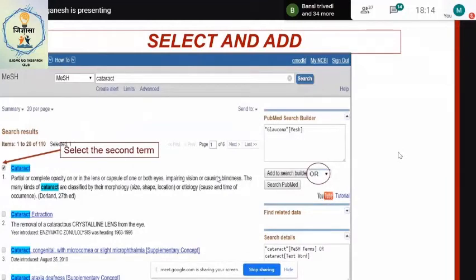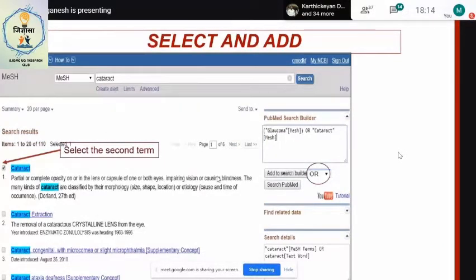This is why I emphasize always do your work on a word processor or pen and paper before you actually do the search, because you could quite well forget it while doing it here. So if you keep referring to your original and then do this, it helps. So cataract or glaucoma. So I've chosen or, click Add to Search Builder. It puts in or cataract MESH.